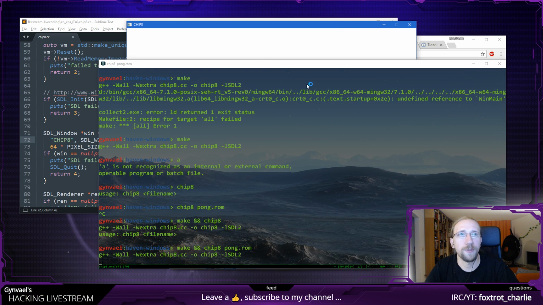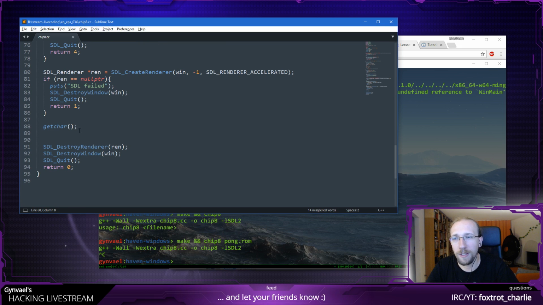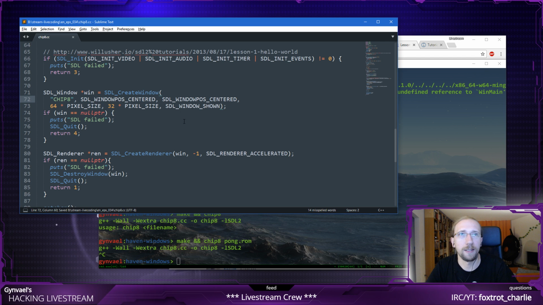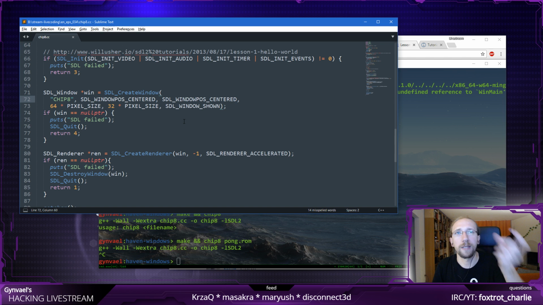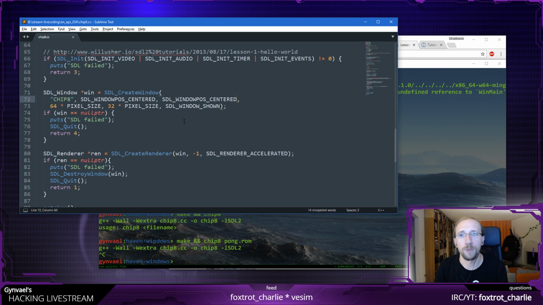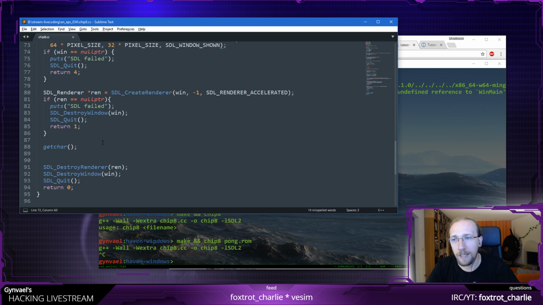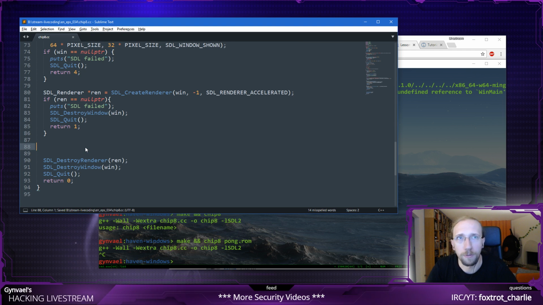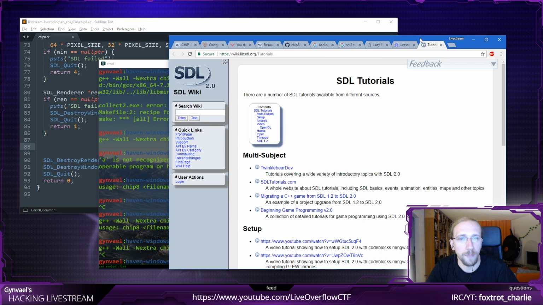And the window is not responsive, because this makes it wait and it's blocking, which means it's not processing any events. Events in Windows are, for example, clicking on the window, having a mouse over a window, moving a window, closing a window. These are all events which the application needs to process. If I'm blocking, the application will not process them, therefore the window will not be responsive. That's why it behaved like that. But that's fine. That's acceptable.